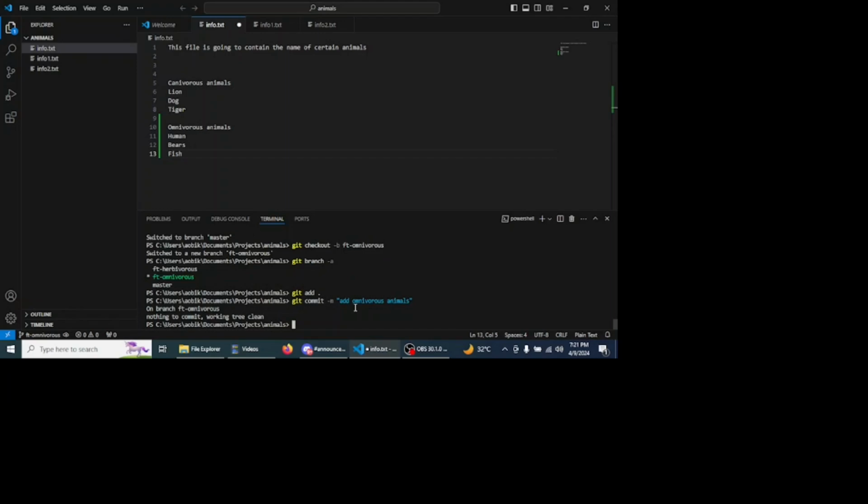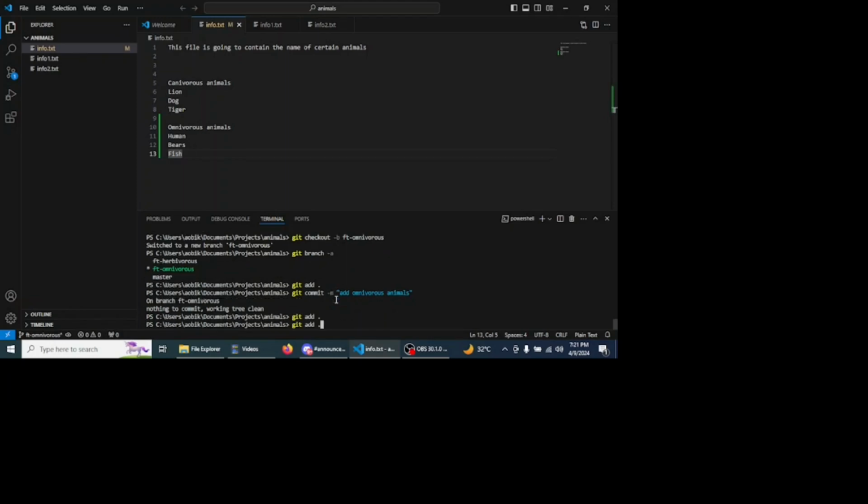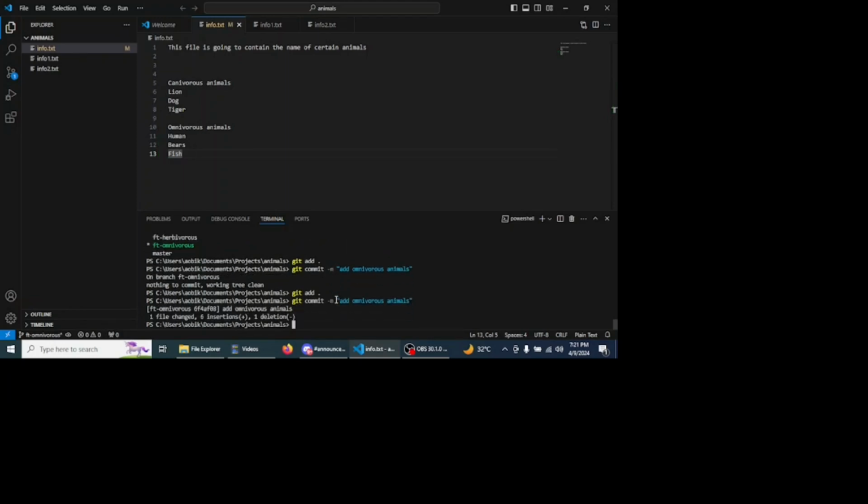Oh, sorry, I didn't save any of this, so sorry about that. So I have to do that again. Git add, git commit, and then I have this particular stuff